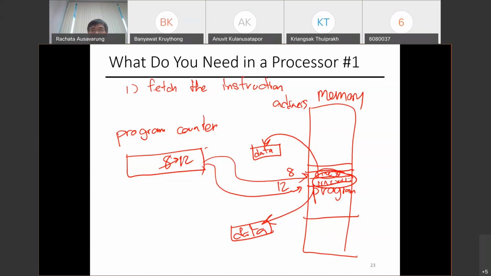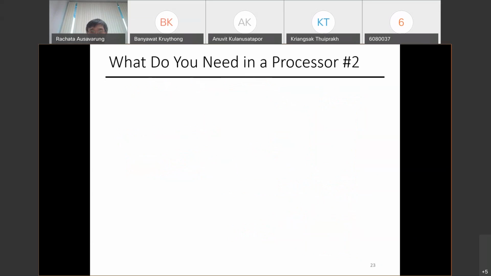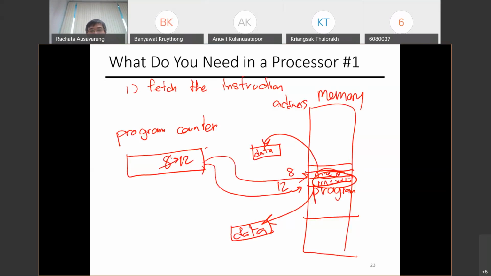So what do we do after we fetch? What's the second step? How long does it take to fetch? So decode is the second step. Yes, that's correct. So let me answer the first question. How long does it take to do this? This depends on how long it takes to access the memory,